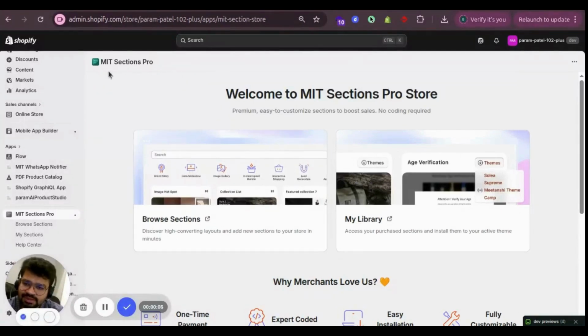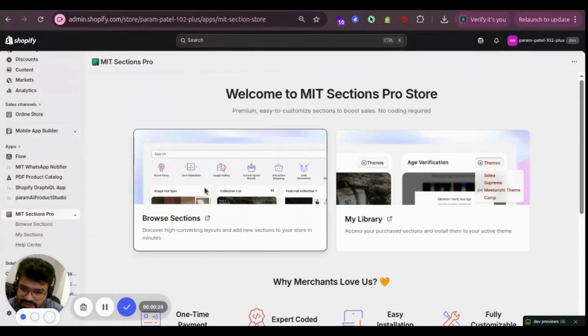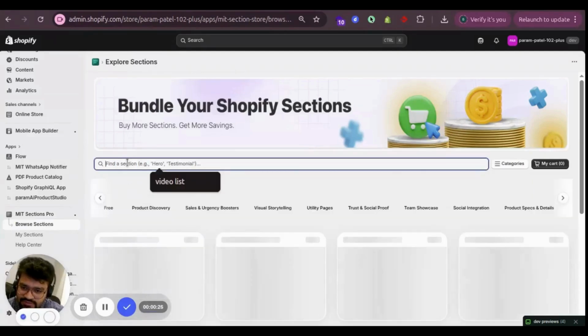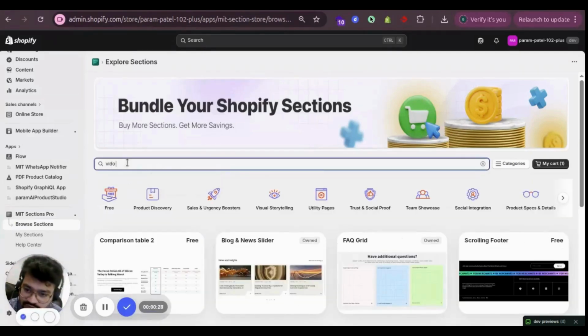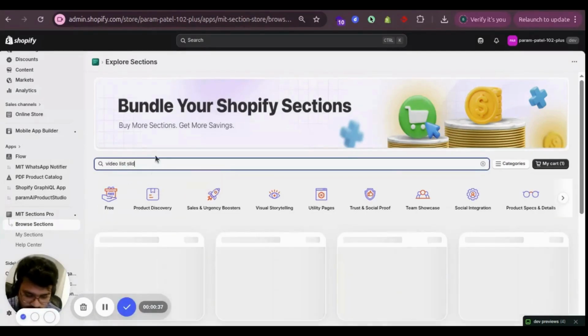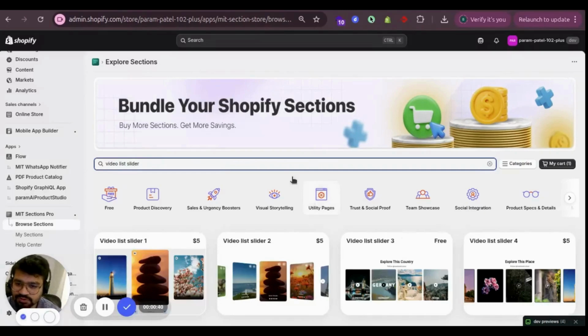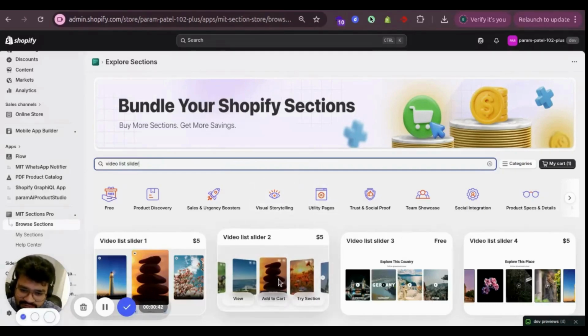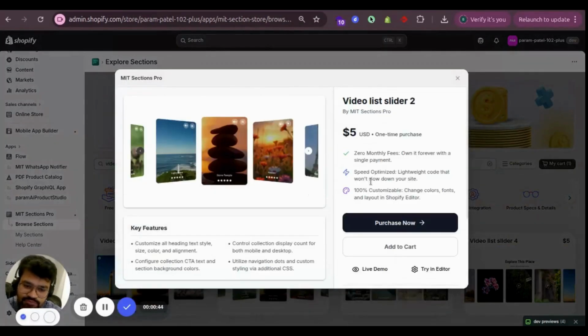We are using MIT Sections Pro app because it allows multiple customization fields for us to modify. For example, clickable buttons, changing the title of each video, infinite playing, and many other features. So if I click on browse sections and search for video list slider, if I click on view,